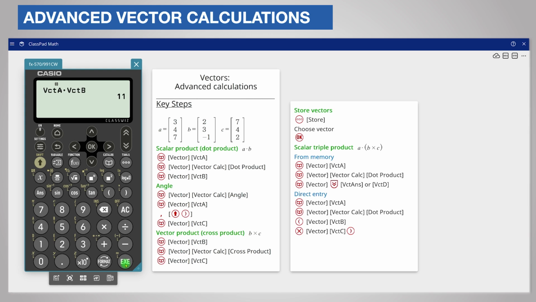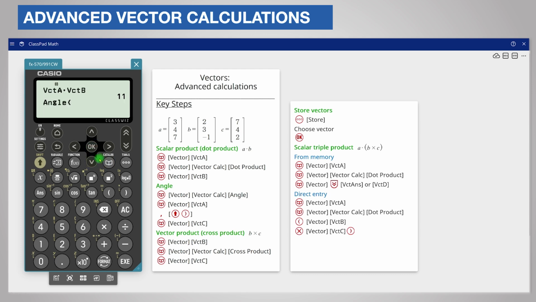One of the uses for a scalar product is in calculating the angle between two vectors. You can also calculate that angle directly. For example, for the angle between vectors A and C, choose Angle from the Vector Calculation menu